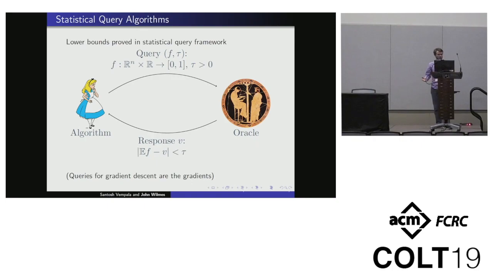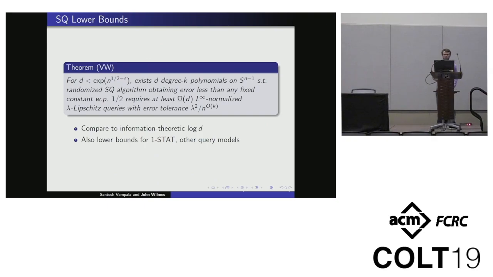Okay. So the lower bounds that we prove are in this statistical query framework, with which many of you will be familiar. In this framework, the algorithm can do whatever it wants, except that it doesn't have access to the labeled examples. Instead, it has to query an oracle, gives the oracle some function, and the oracle responds with the expected value of that function over the labeled data distribution up to some error tolerance tau. What we show is that in the SQ framework,